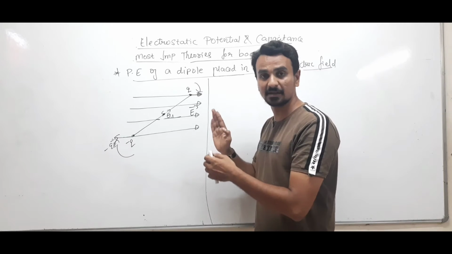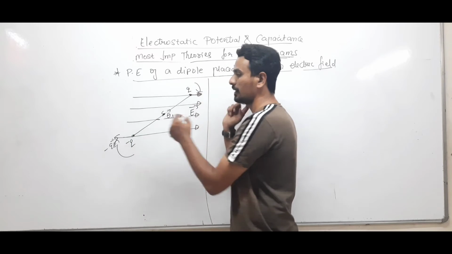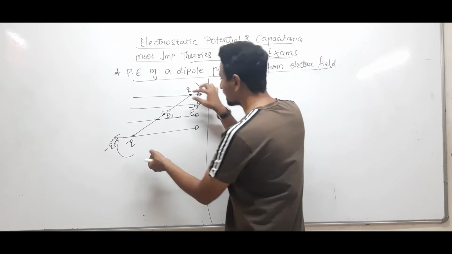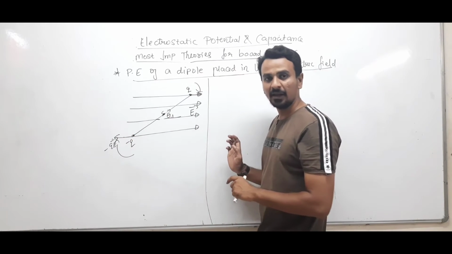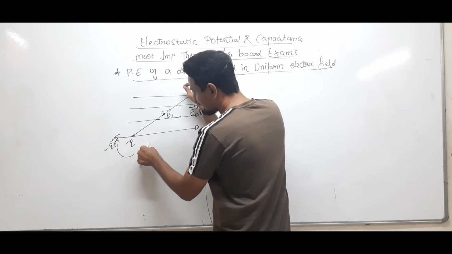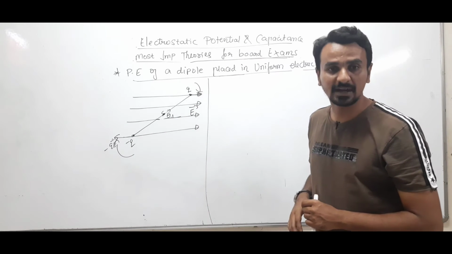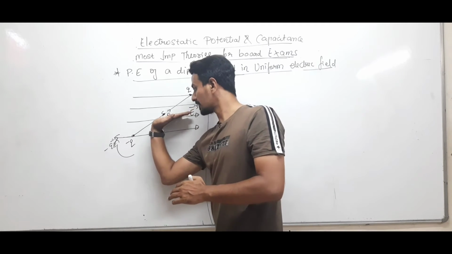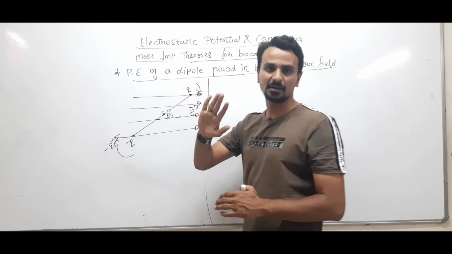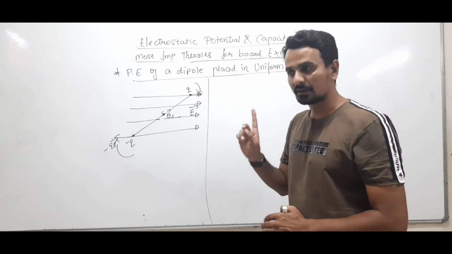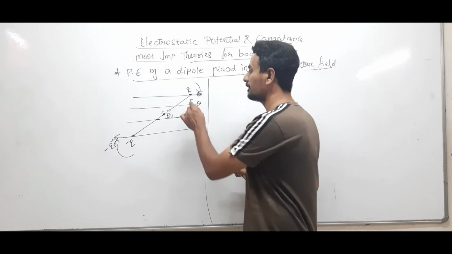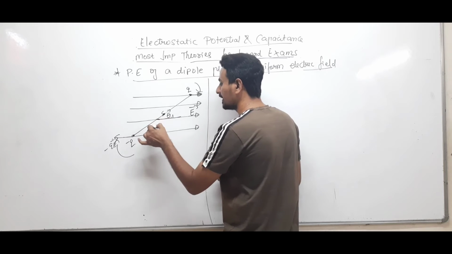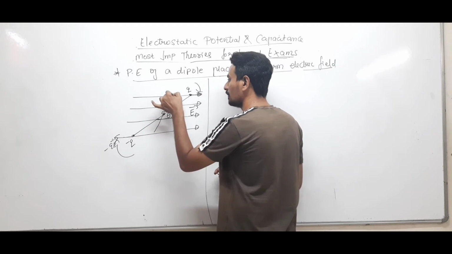I need to apply external torque in a direction opposite to the existing torque. Clear? At this particular point, the dipole is experiencing a torque in clockwise direction, right? If I need to rotate the dipole in an anti-clockwise direction, I have to apply some torque, that is known as external torque, right? So some work has to be done to rotate the dipole in an anti-clockwise direction. Clear? This work done will be stored in the form of potential energy in the dipole. Like suppose I am rotating the dipole from say theta 1 to say theta 2.